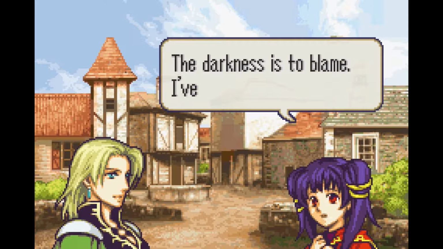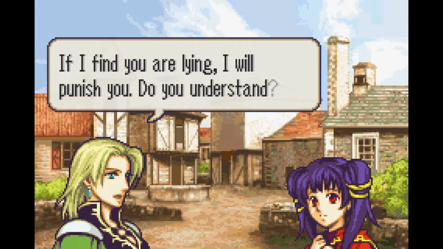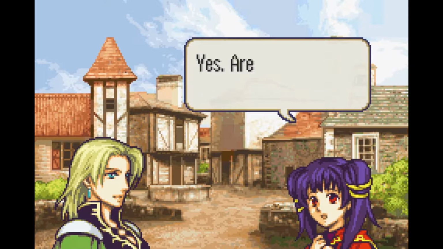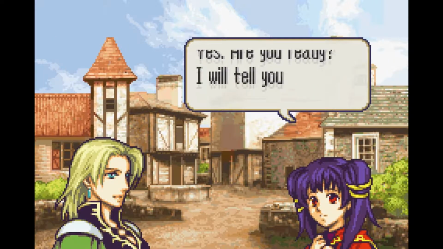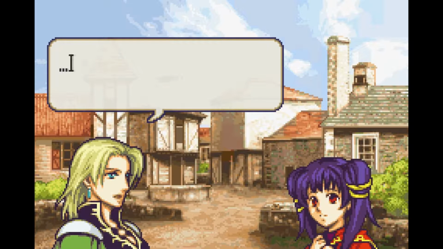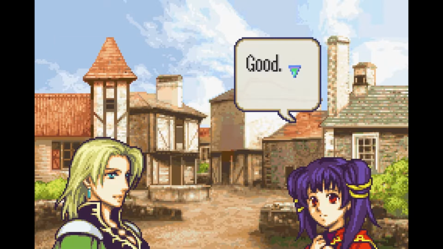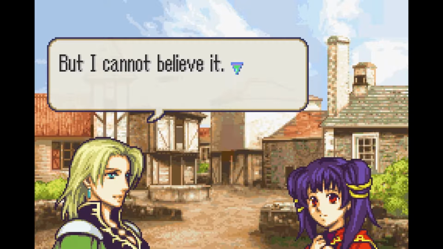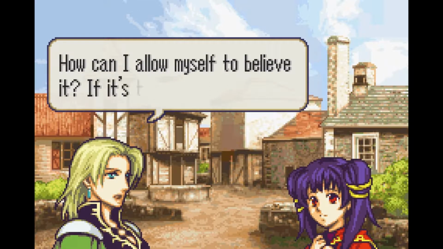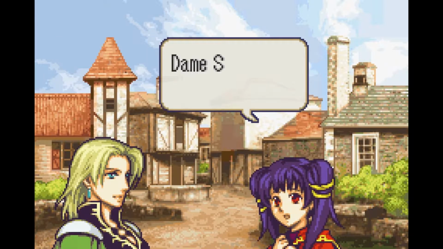The darkness is to blame. I've come here to stop it. You will tell me more. If I find you are lying, I will punish you. Do you understand? Yes. Are you ready? I will tell you everything I know. I see. Mir, I think I understand everything you've told me. Good. But I cannot believe it. How can I allow myself to believe it? If it's true, then His Majesty is already...